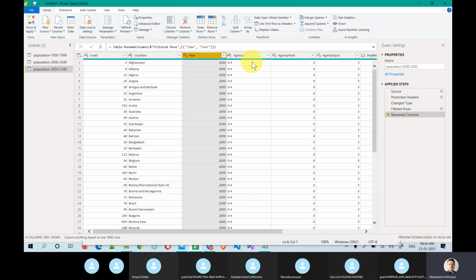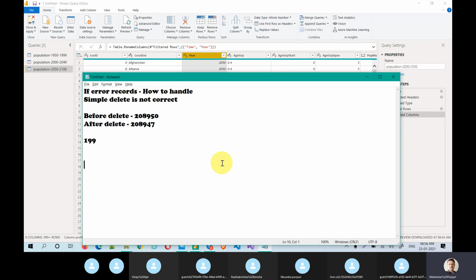What is append? You should understand the append concept. Let me open up a notepad so that you will understand. I have two or three files, file 1 and file 2.